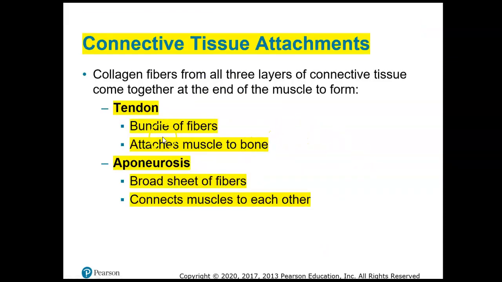Tendons are bundles of connective tissue fibers that attach the muscle to the bone. Tendons are more like a cord, but an aponeurosis is a broad sheet of those same types of protein fibers that connect muscles to each other. An example of an aponeurosis, you'll just have to imagine this in your mind, is